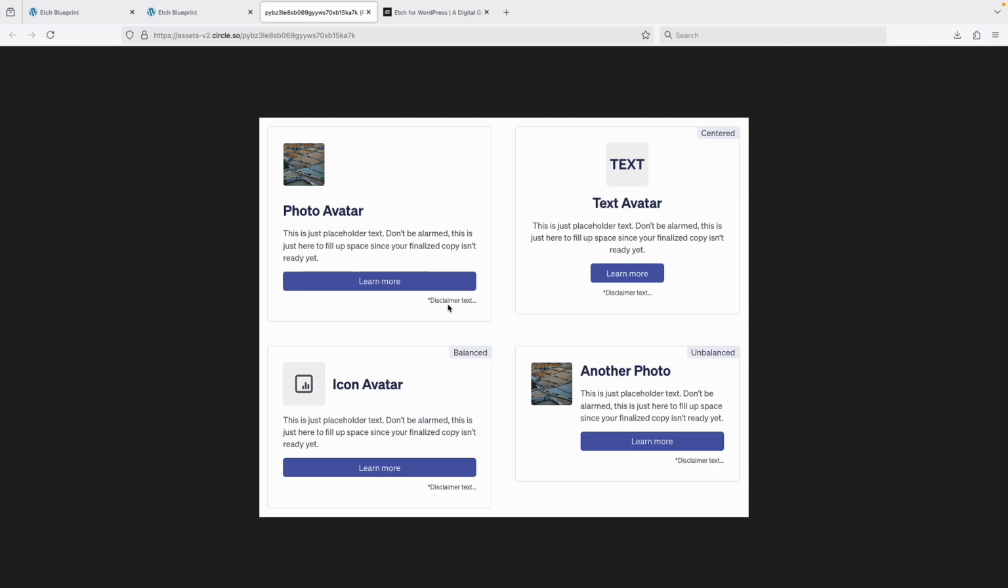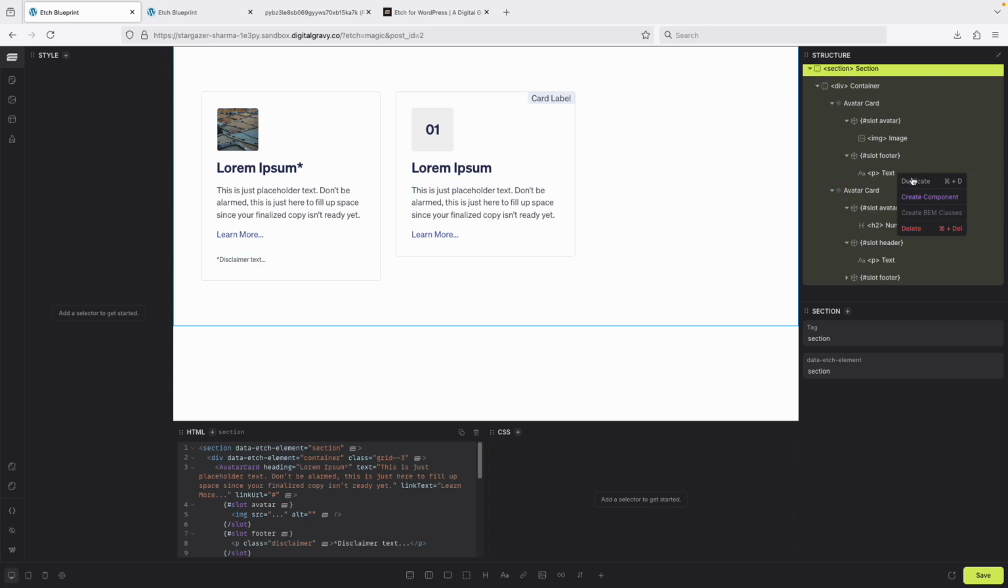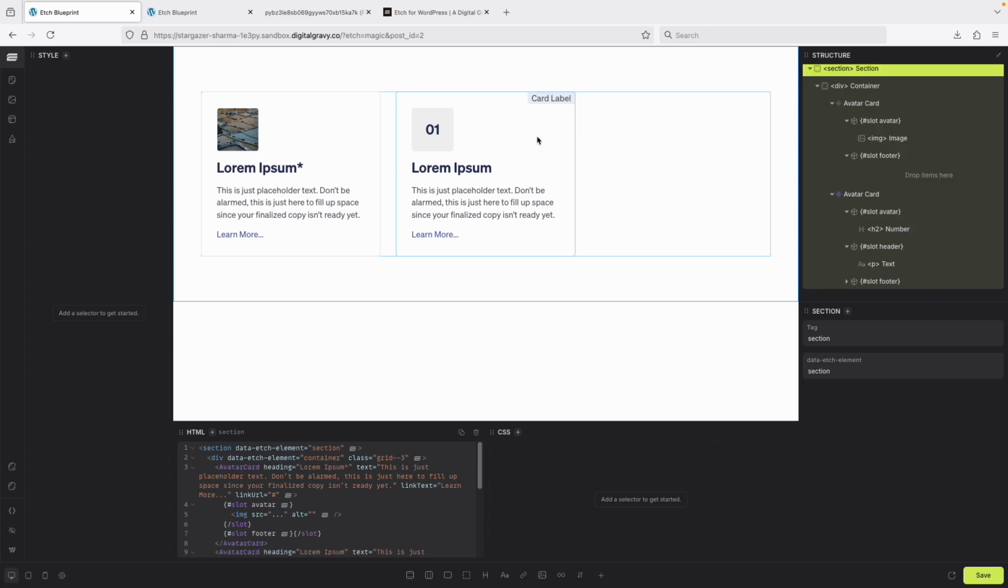One of the cool things about the Etch system is that you can create custom properties that allow different components to have different class names. So that's what we're going to look at here. Let's get rid of our footer here, and now let's create